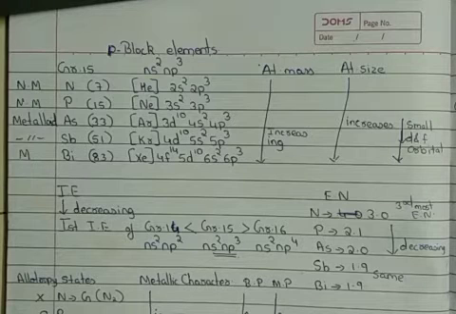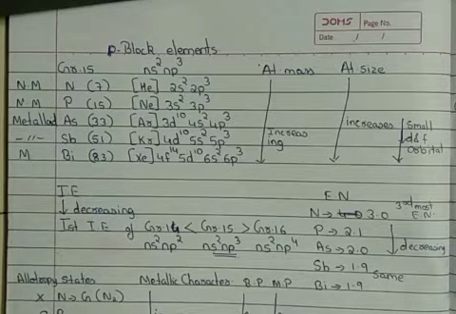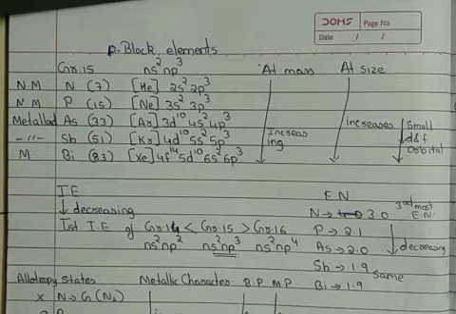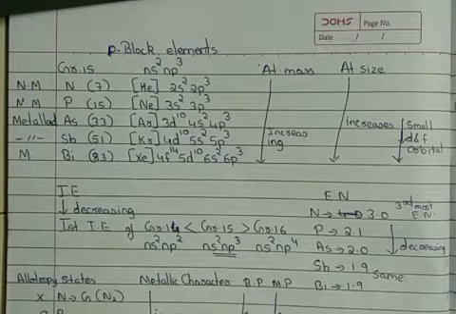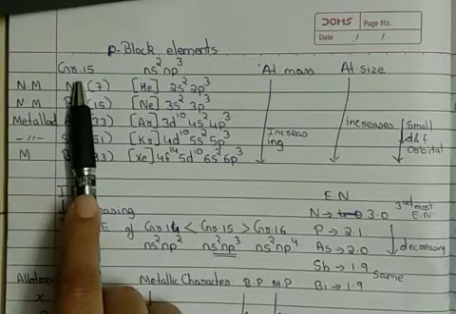Now group 15 elements, group 16 elements, group 17 elements and group 18 elements. For all these groups of elements we have to do the various properties of them. Firstly, we have to see their electronic configuration. With respect to electronic configuration, we have to see their variations in physical properties, variation in chemical properties. Then we have to see some of the compounds' preparations, some of the compounds' chemical properties, some of the compounds' uses and so on. Okay, so firstly we are going to start with group 15 elements.